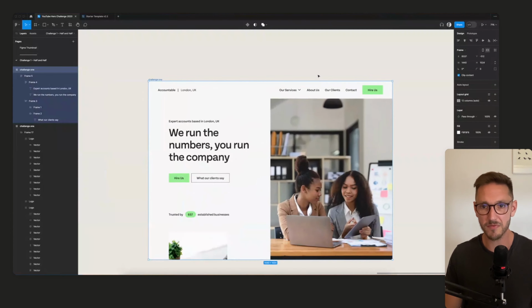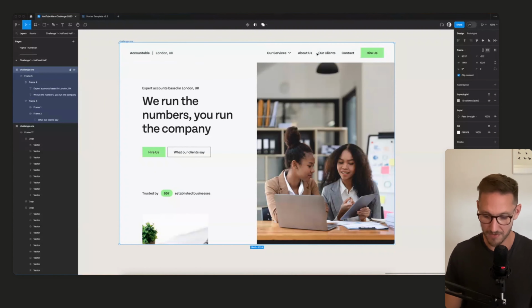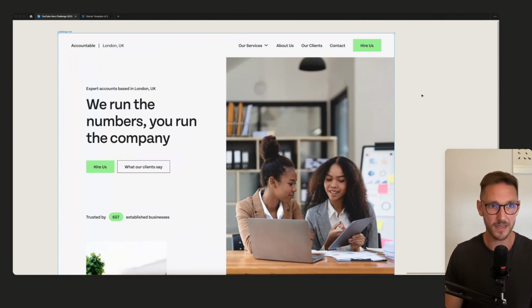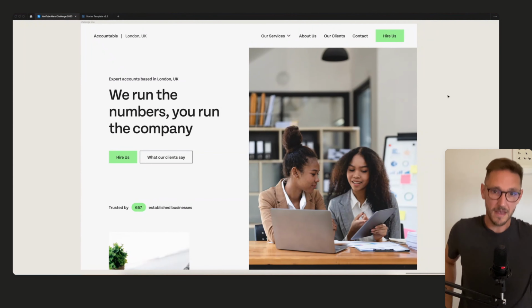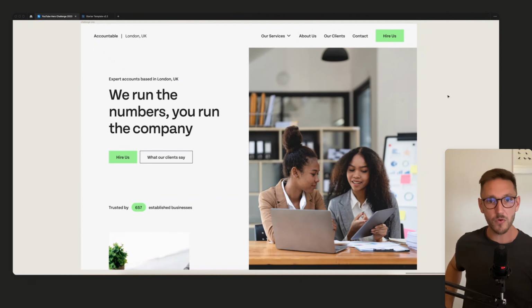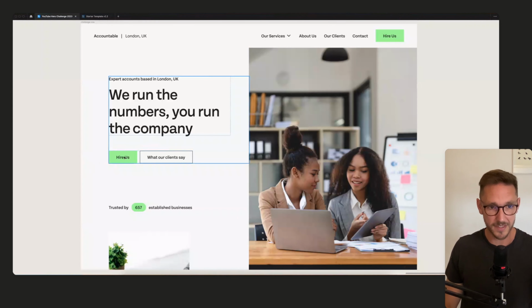I think that's a very professional hero. I hope you agree. It's quite basic. Yes, there's not too much design flair going on here, but there doesn't need to be. The most important thing about a website is that it works, it converts, it loads fast, its title tags are correct, it's easy to navigate, and the user knows exactly what they're supposed to do. They come here and they know, okay, I can just obviously contact them or book a meeting straight away.